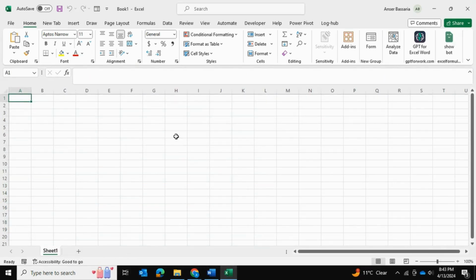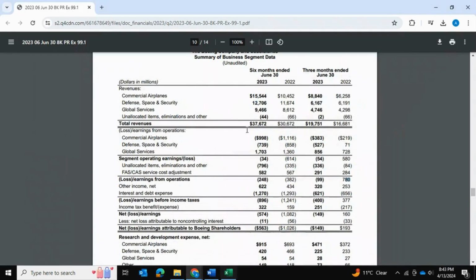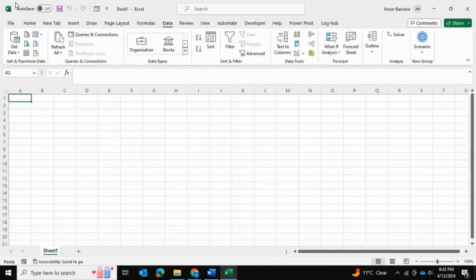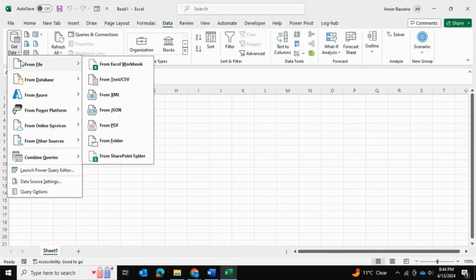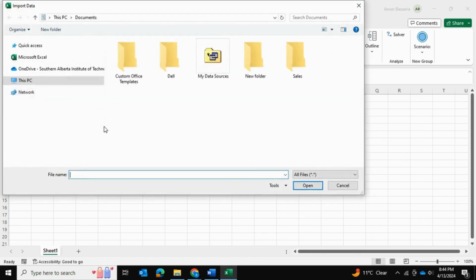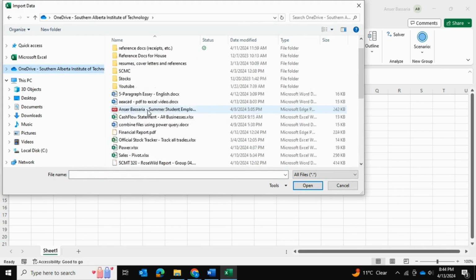So I've opened up my Excel file and I know that I'm looking for the 10th page of the PDF. This PDF is also downloaded into my desktop, so I can actually access it from my documents as well. Now in the Excel file, I'm simply going to go into Data, into Get Data from File and From PDF. And once that loads up, I'm going to find the PDF file within my documents, and I'm actually going